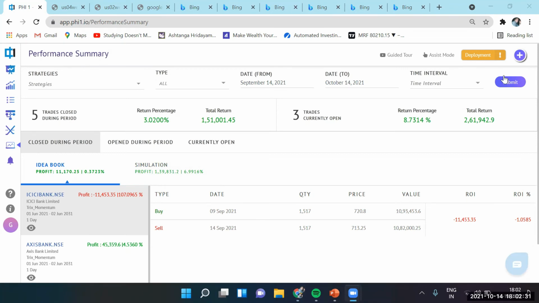You can take the algorithm live, you can backtest it with a wide set of instruments. You can do multi-instrument strategies like statistical arbitrage and things like that. We cover all of this in a lot of detail in our demos, and we also have a lot of videos around this on our YouTube channel. Feel free to reach out to us if you have any specific question around the algos. We'll definitely answer that as well. Let us know.